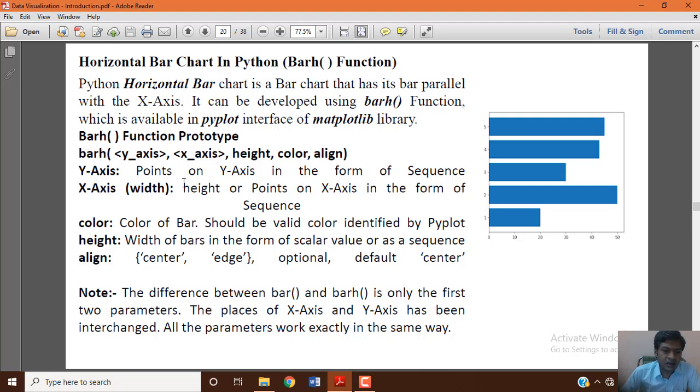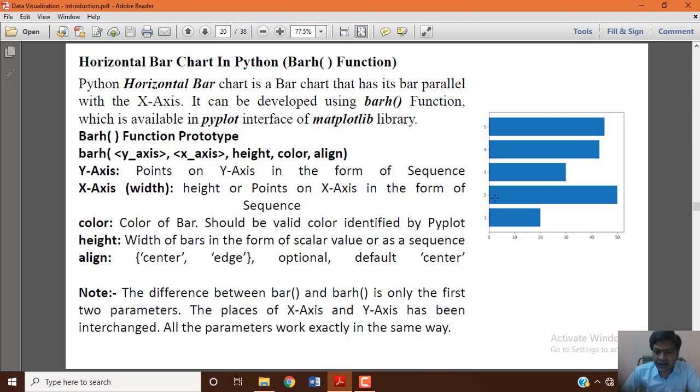Here, the y-axis takes the values in the form of a sequence, and for x-axis, width and height are points on the x-axis in the form of a sequence of values again.